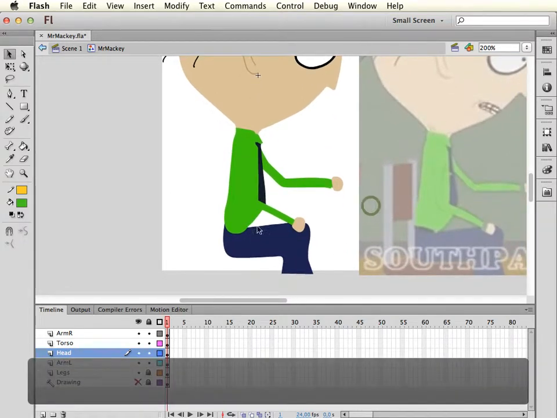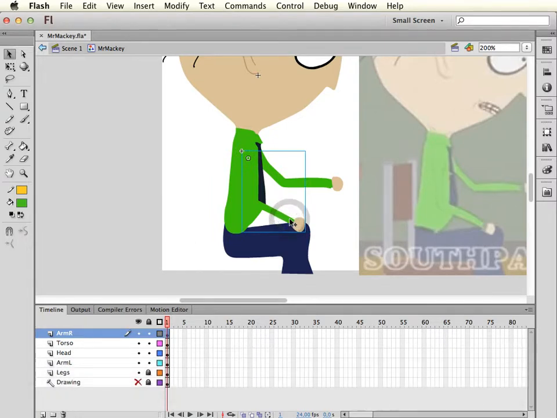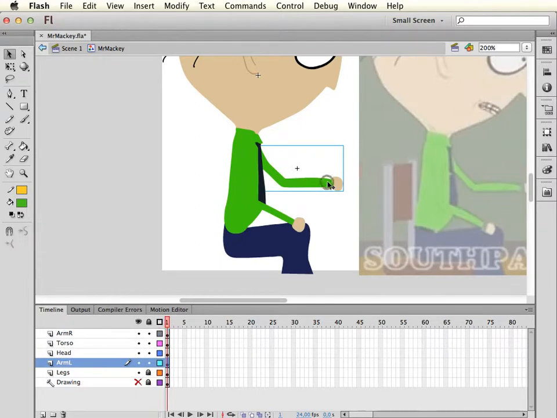How you split up the different parts, you need to take a look at your animation. Mr. Mackey will be raising his arms, and while he raises his arms, they will extend, so they will stretch. So leaving the symbol like this will not be enough to complete the animation. Now there's several options. I could break them apart again and separate the upper and the lower arm and the hand. But what I can do also is double click the symbol